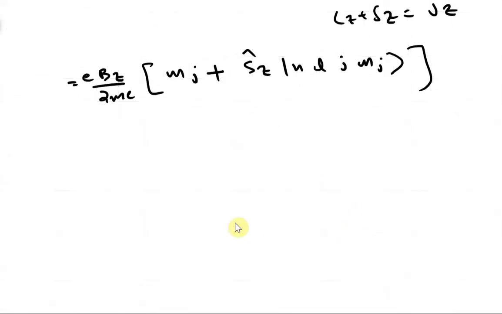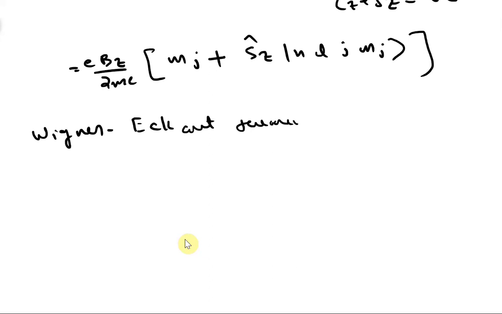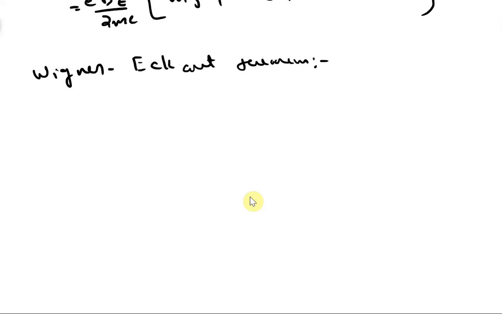The calculation of this component is not very easy. We have to use one theorem for that. So to find that out, I'll use the Wigner-Eckart theorem. We are not going into the details of the theorem. I'm just taking the result. So this theorem says